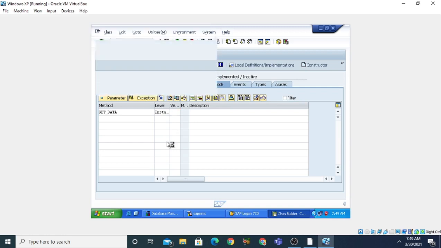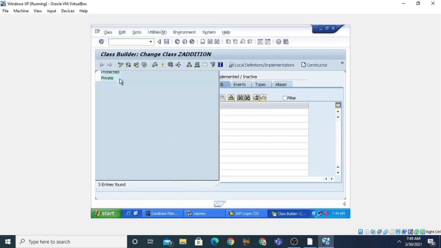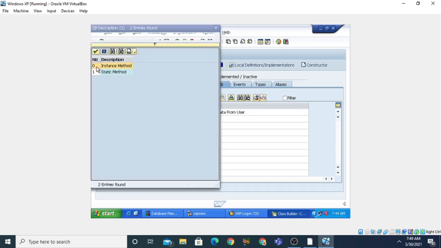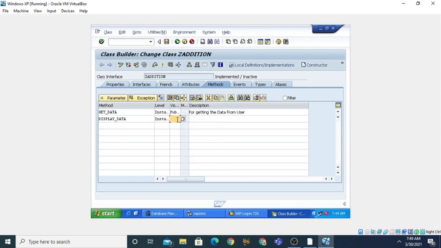Generally we put these methods into public, and you can also give the description here. For getting the data from the user, another method we are going to use is display_data. Now we need to define the level here. The level is instance level, so this is our instance method.